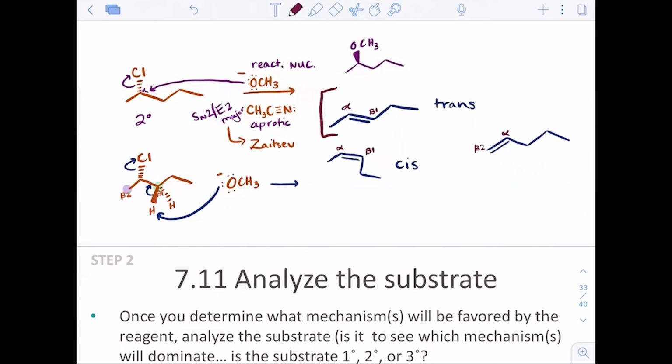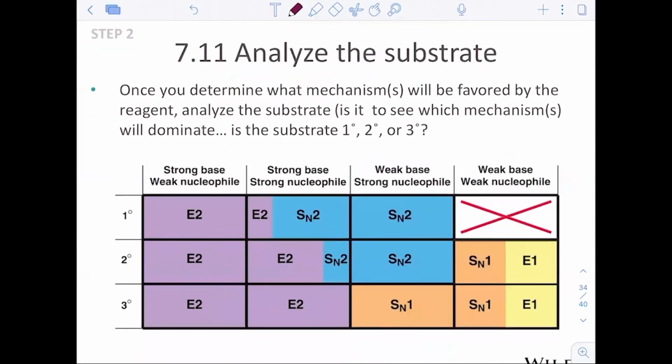Major is the trans. Trans is always favored over cis because of steric hindrance with the cis. Minors would be all of the other ones. So analyzing that substrate, what's really important to note is when things are more favored than others, what we will